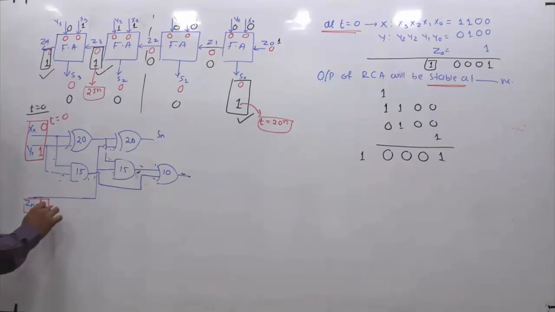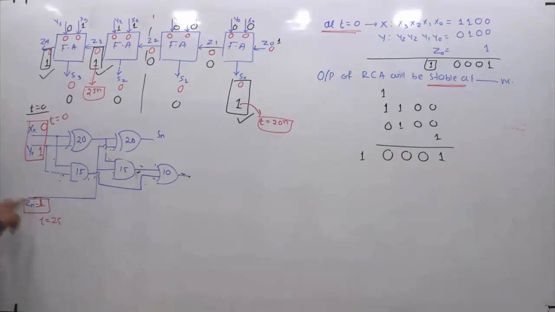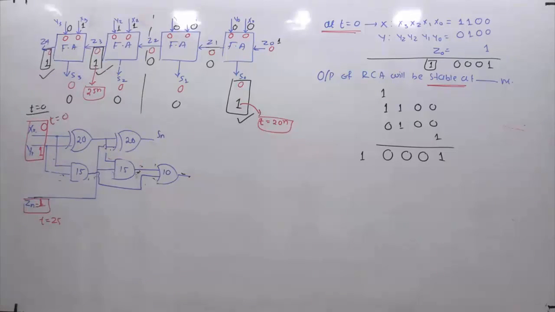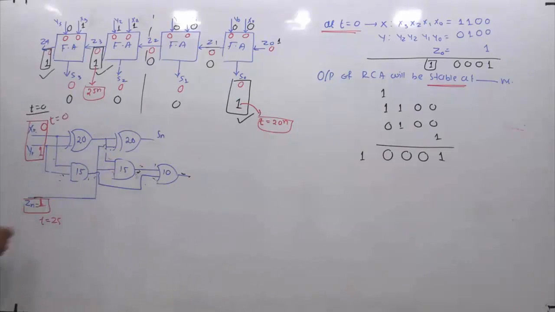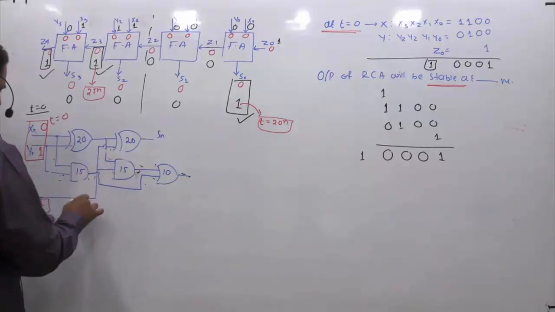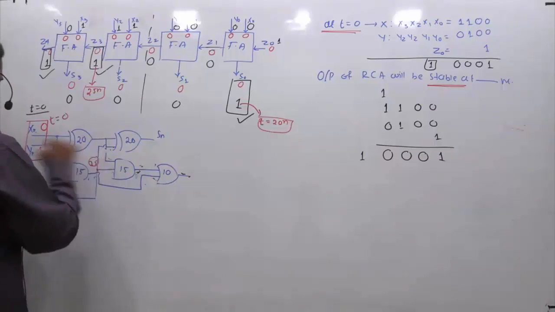You are getting this at t equals 25 nanoseconds, because you got this one at 25 nanoseconds. Here I am observing that the new input coming to me, which was 0, has changed to 1 at t equals 25. So this I got at 25. Again, as I said, my target is to reach here, not here. So what should I do? Because I am getting this at 25 nanoseconds, you are again going to get this at 25 nanoseconds. Because this is also the same line, this is also 25.